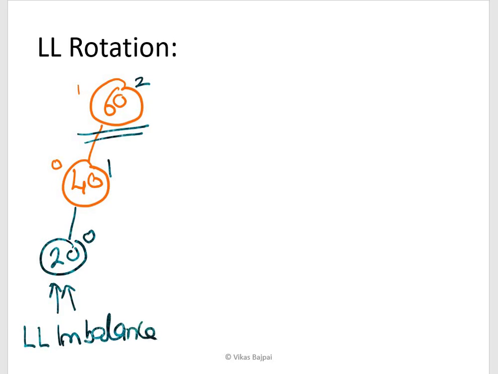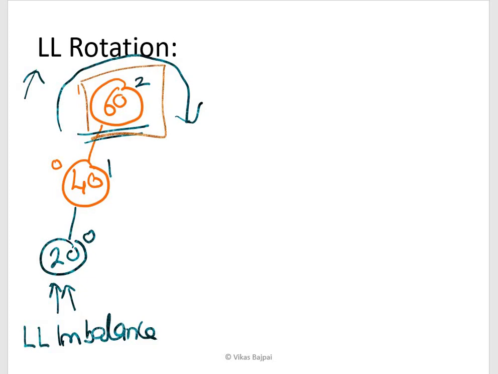For that, I will be rotating this particular part, and it will be termed your LL rotation. So just a single step rotation. What I'm going to get as a result is just one rotation, right? It's like freezing this just because there was an imbalance on this part.